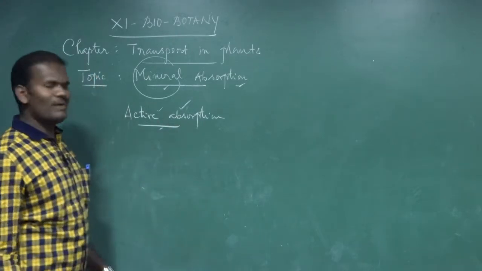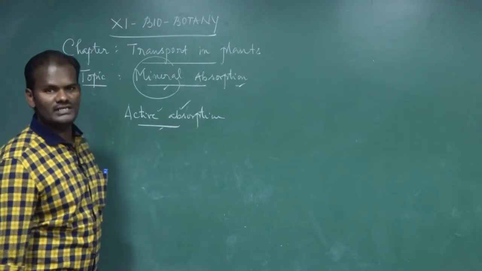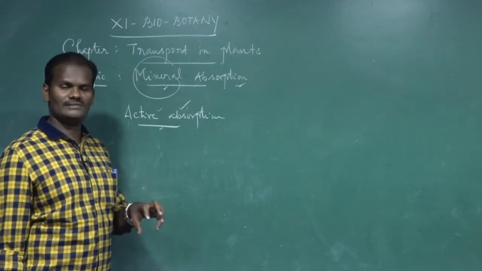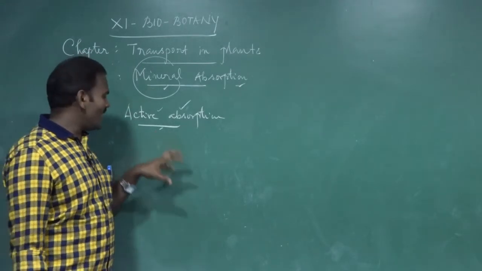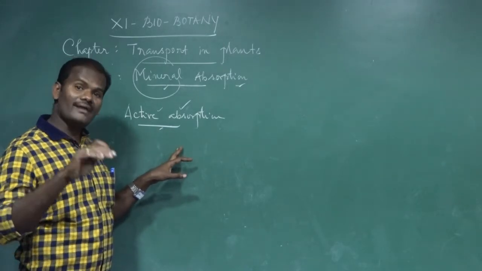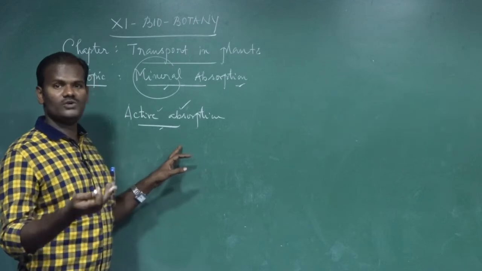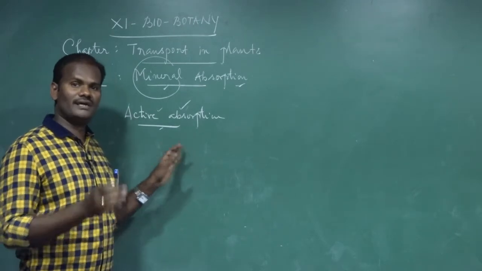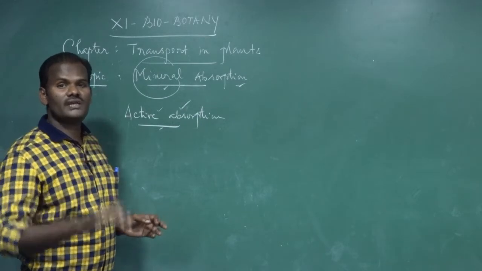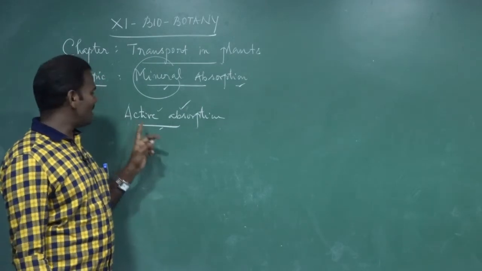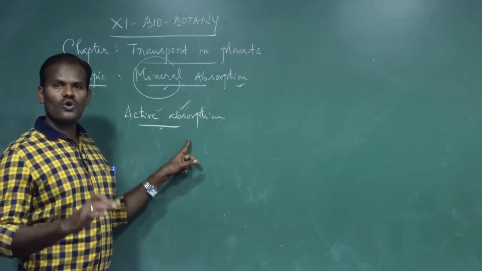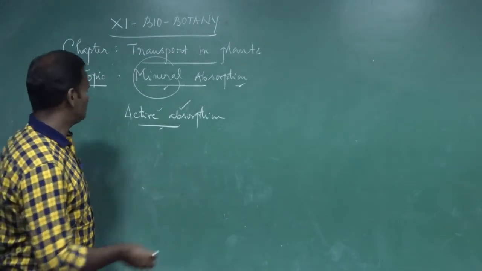In plant cells, we know the vacuole, one of the cell organelles, is filled with sap, called cell sap or vacuolar sap. The vacuolar cell sap shows the accumulation of both anions and cations, both positively and negatively charged ions, accumulated in the vacuolar cell sap against concentration gradients. So the mechanism of active absorption can be explained through the carrier concept.